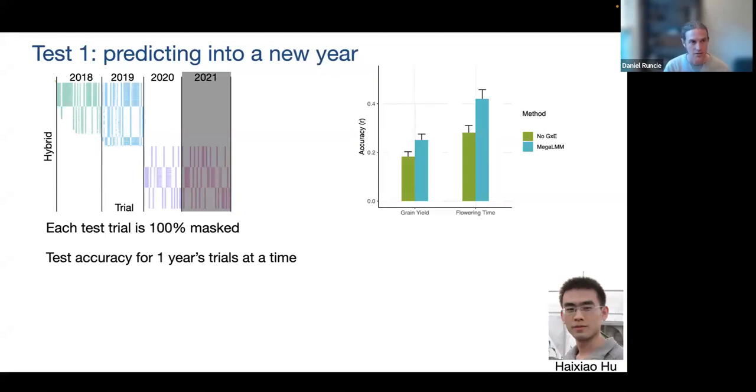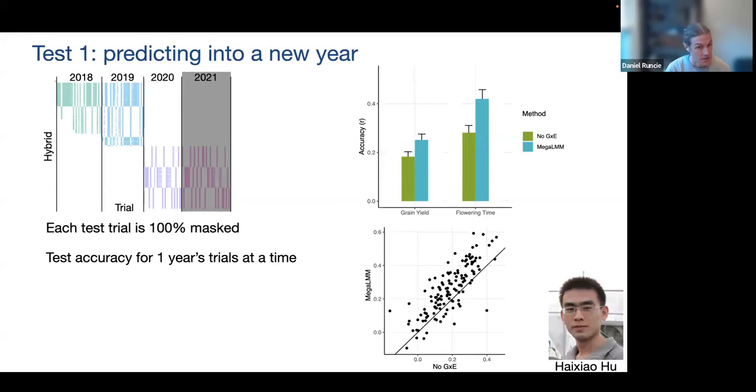So what we can do is use years 2018, 19, and 20, find the global average across all of those, and then use that single one in each of the individual trials in 2021. That's the green bar. MegaLMM, though, because it can use the weather and the soil and the tester data in each of these new trials in the 2021 year, it can do better. And we show a quite significant improvement in accuracy into these new trials. And again, these accuracies are broadly, in almost every one of the trials that we hold out, we can do